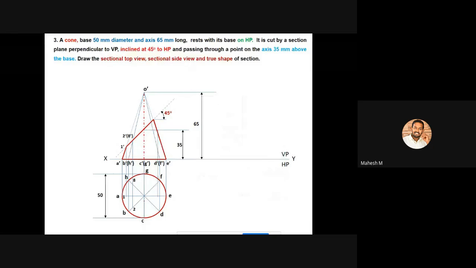So you can measure this distance with a compass, then create an arc like this, and also an arc like this. So you'll get two more cutting points on this vertical line. This one can be called 3 and this one can be called 7. Okay, so after doing that,